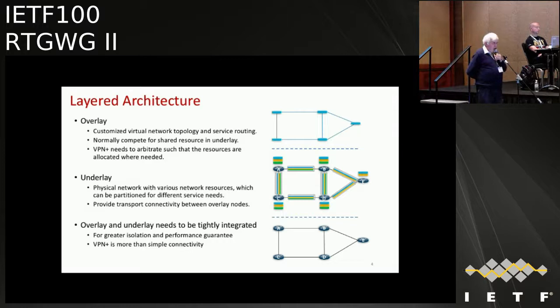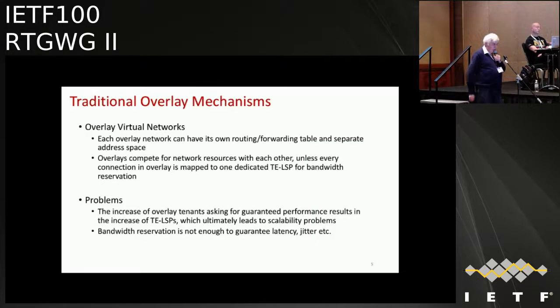So the approach we've been using is a layered architecture. We start at the bottom, where we have the physics. We then divide up the resources and make separate resource units available on the routers and on the links. And then we allocate in the overlay those resources to a particular customer VPN. So at the top we've got a VPN Plus instance, then we've got the underlay, and then at the bottom we've got the physics. And we think we're going to have to do that isolation.